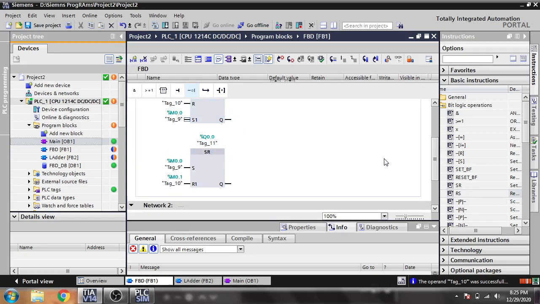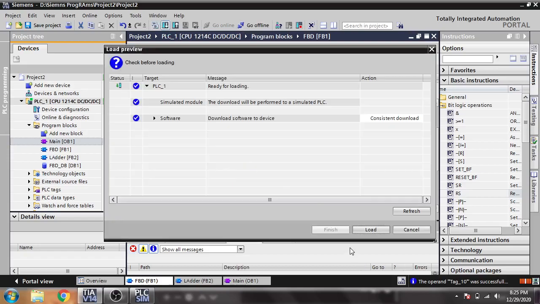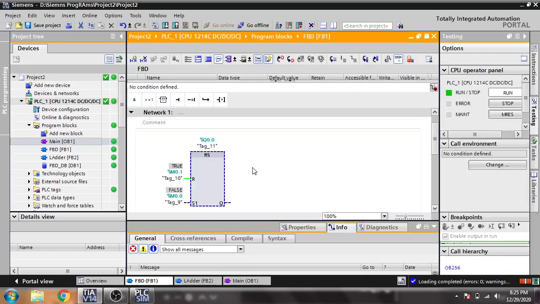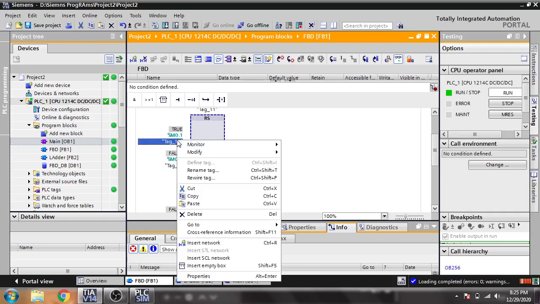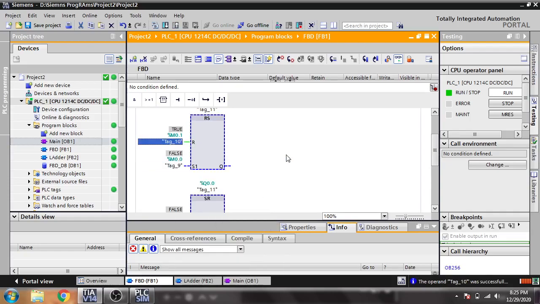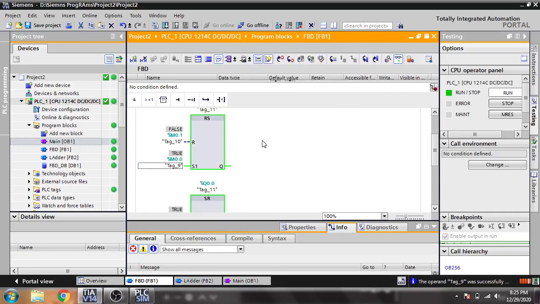You will see that. First of all, I'm going to show you. I'm downloading into my PLC to check that. Just I'm going to make it false, 0, and if I modify to 1, you will see it will set.